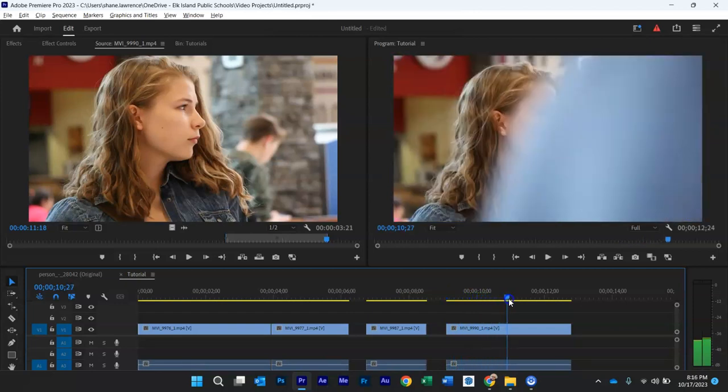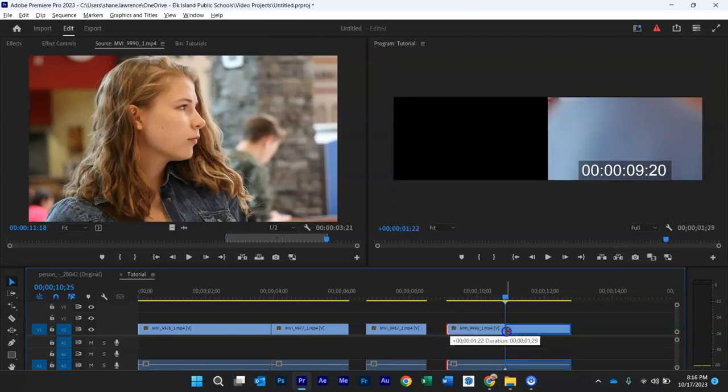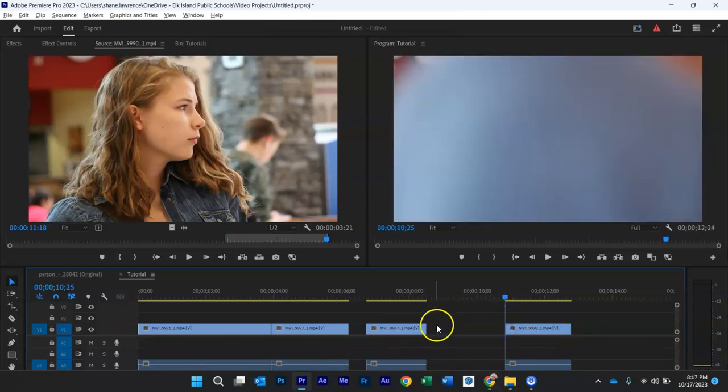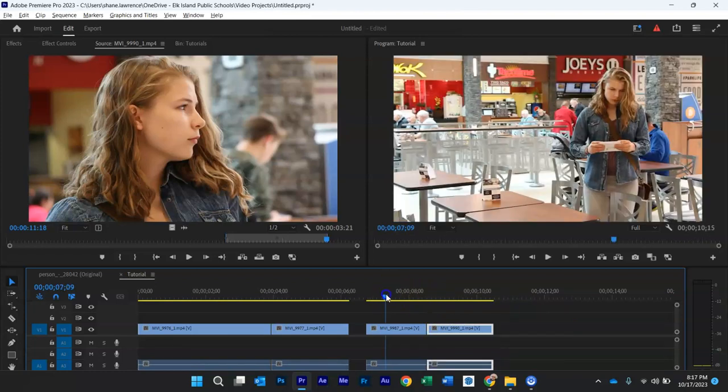So I'm going to do that very carefully. There's a similar kind of thing right there. And I'm going to move that. So I moved the back half of the wipe in the first shot. And I removed the first half of the wipe on this shot. Then I'm just going to move these together. And if this works,